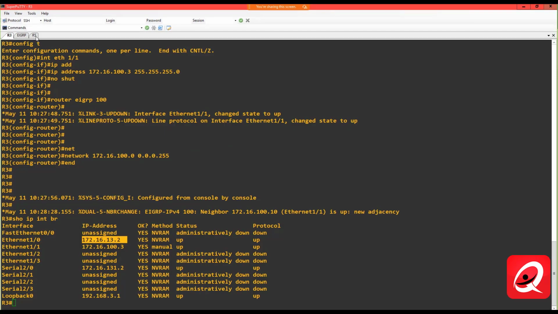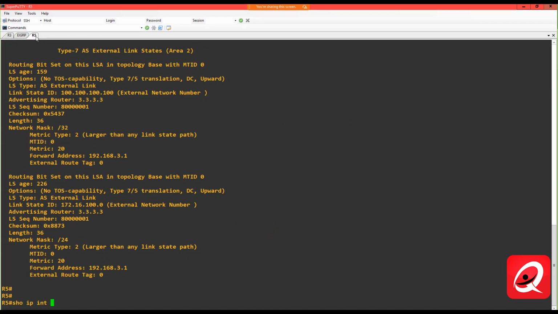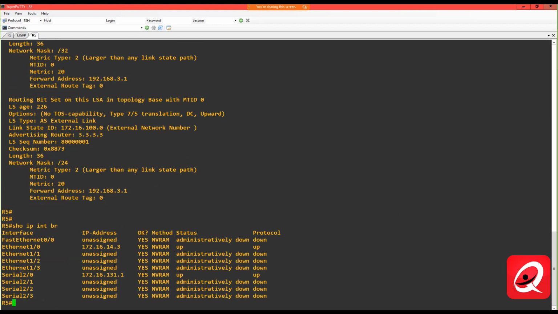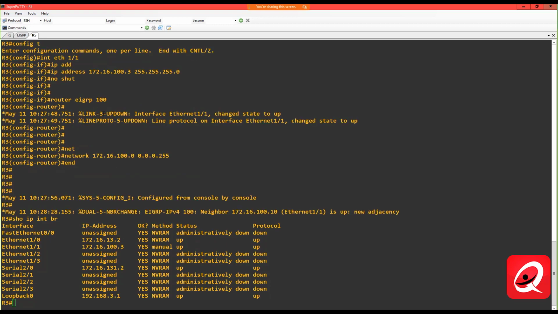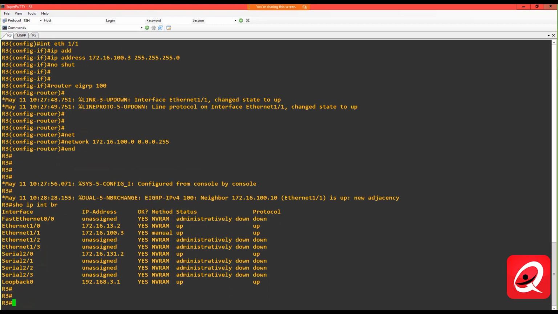So let's take a look at R5, show IP interface brief. Actually, forwarding address is 3.1. Yeah, it's the loopback. I was going to show you guys this a little bit later on, but the forwarding address is typically always going to be the highest loopback on the router